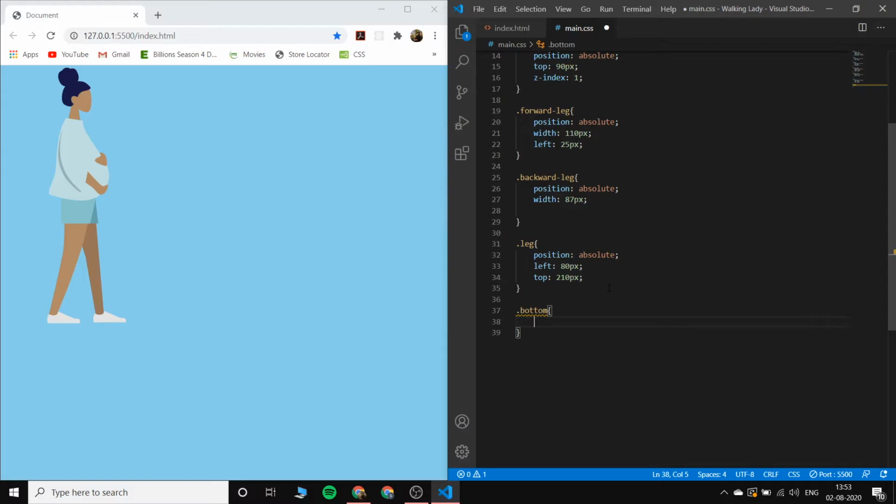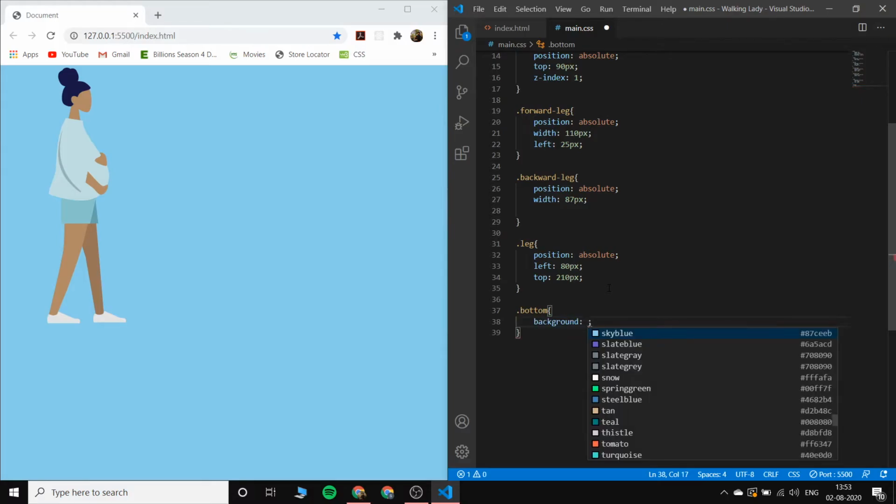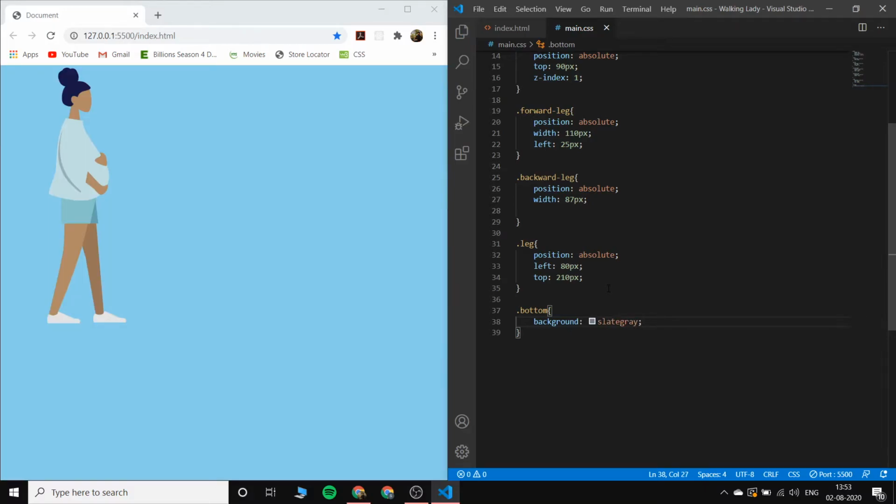Let the background be slate gray, and the height will be 100% first. The height will be somewhat pixels. Okay, now we need to bring it